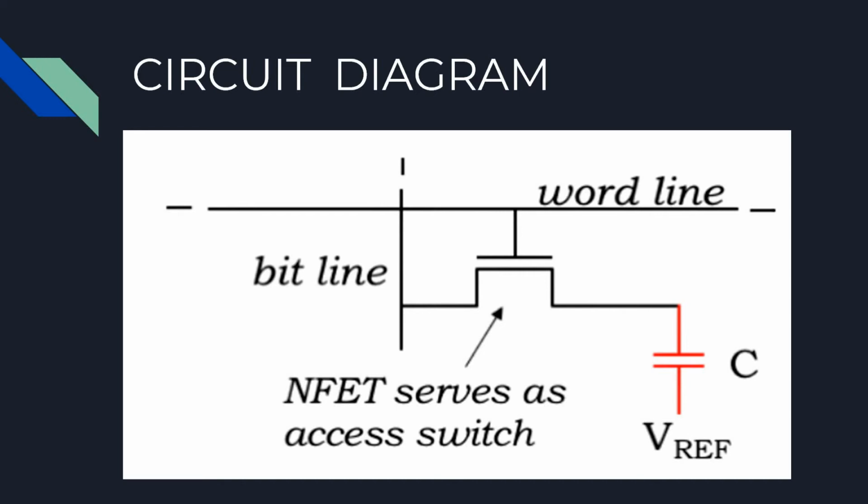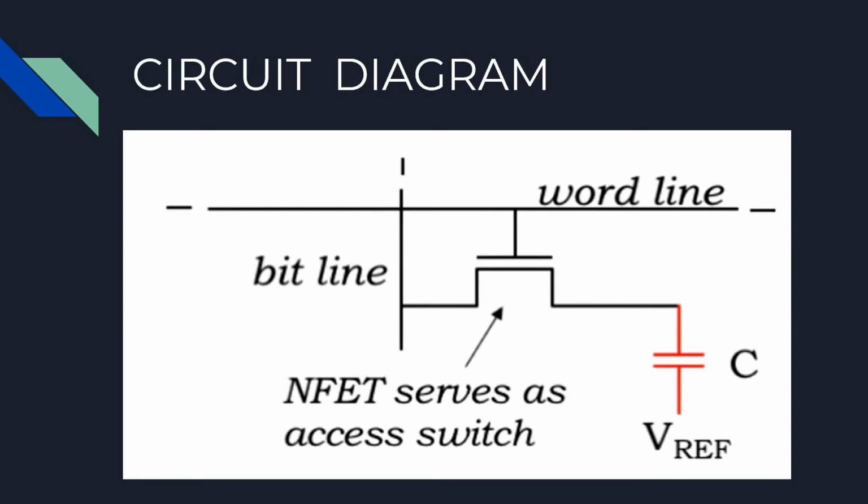To write a bit of information into our memory device, drive the bit line to the desired voltage. It can be a digital 0 or a digital 1. Then set the word line high, which turns on the NFET switch. The capacitor will then charge or discharge until it has the same voltage as the bit line. At this point, set the word line low, which turns off the NFET switch and isolates the capacitor's charge on the internal plate. In a perfect world, the charge would remain on the capacitor's plate indefinitely.